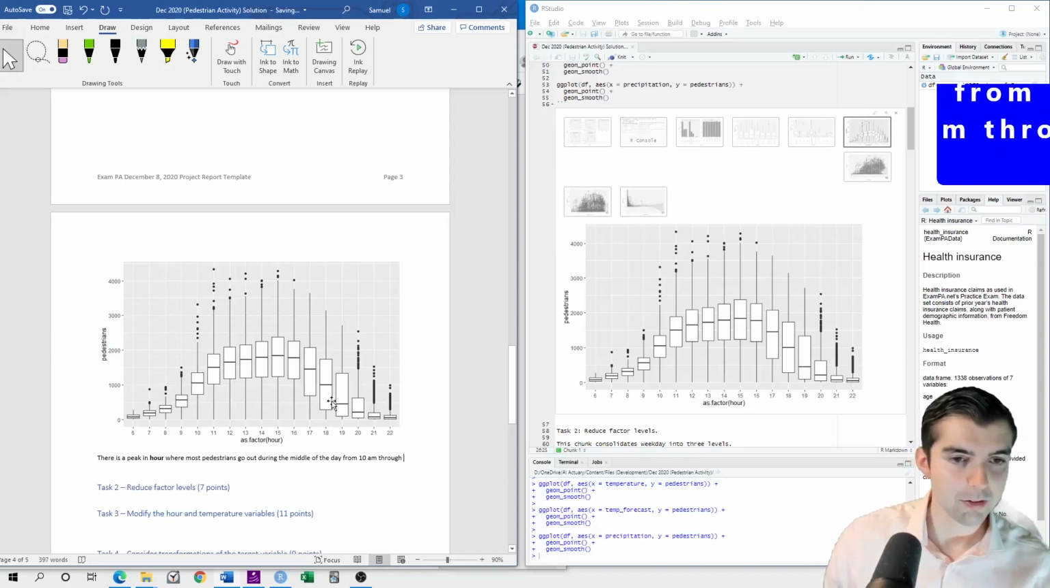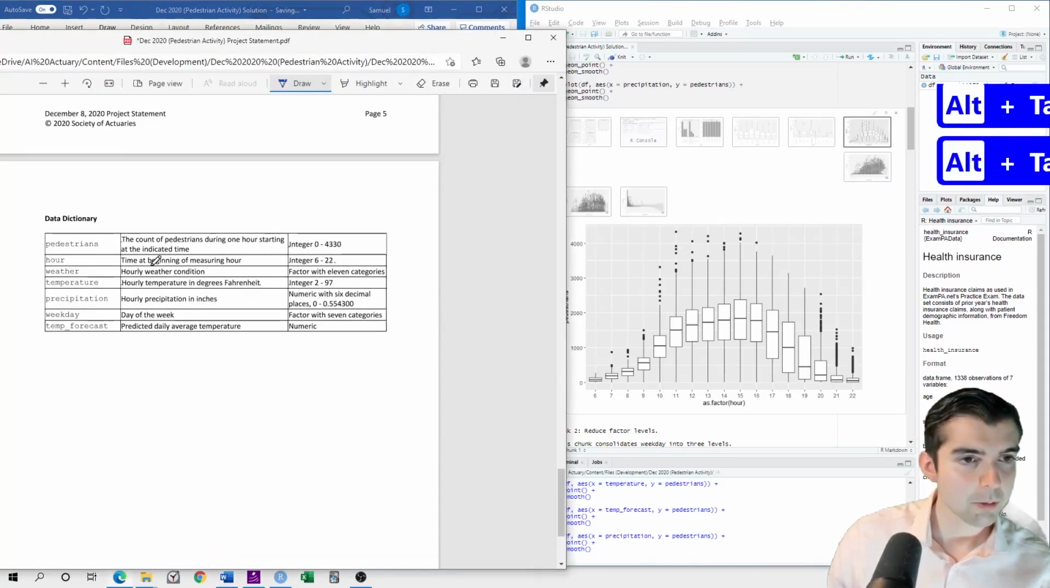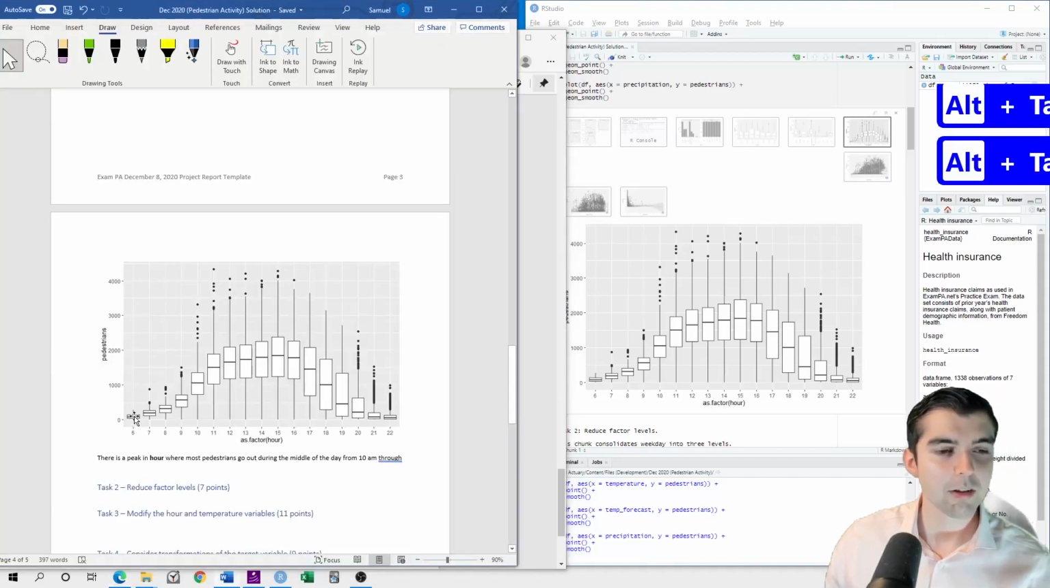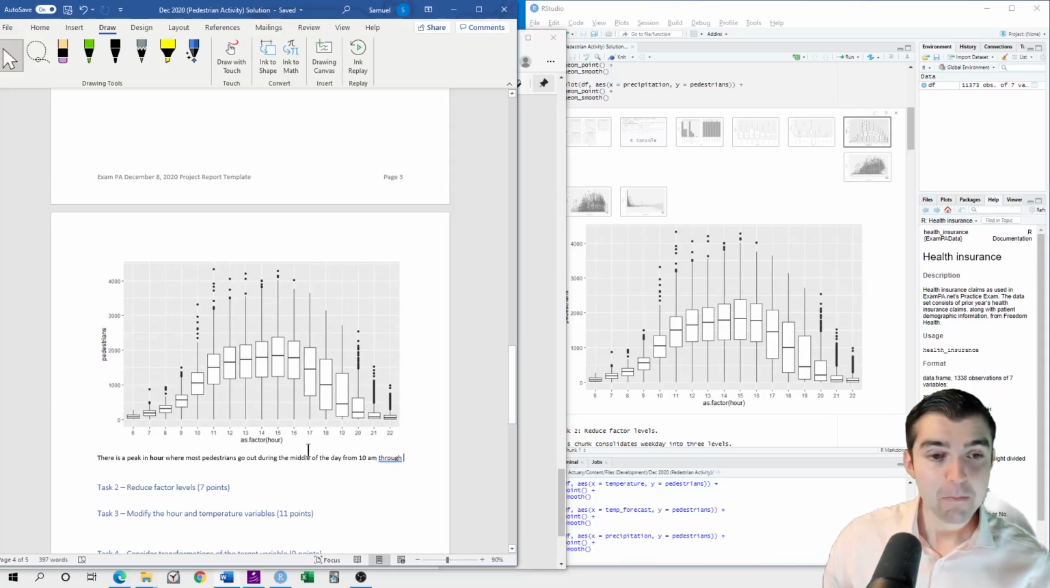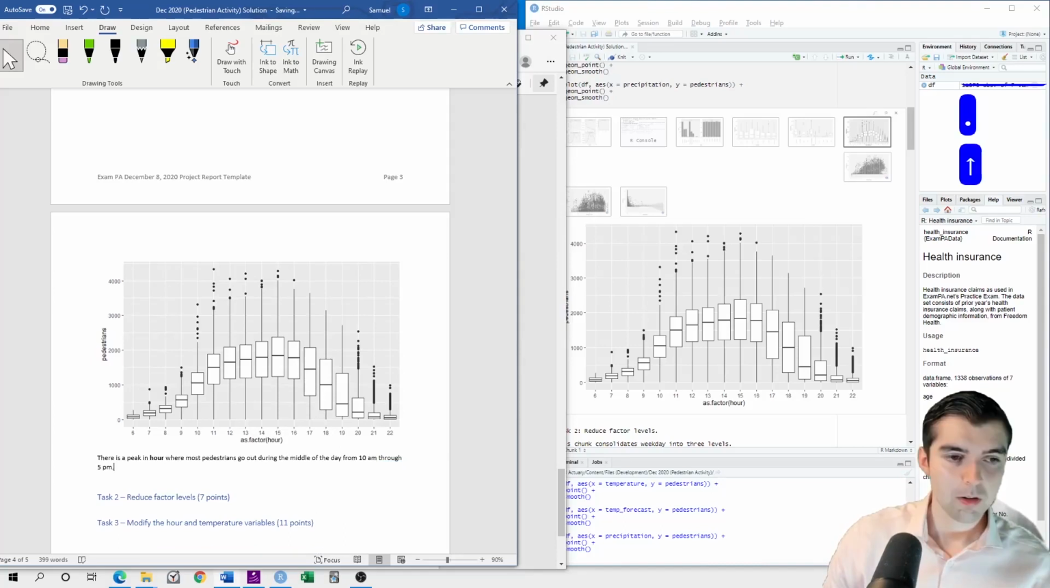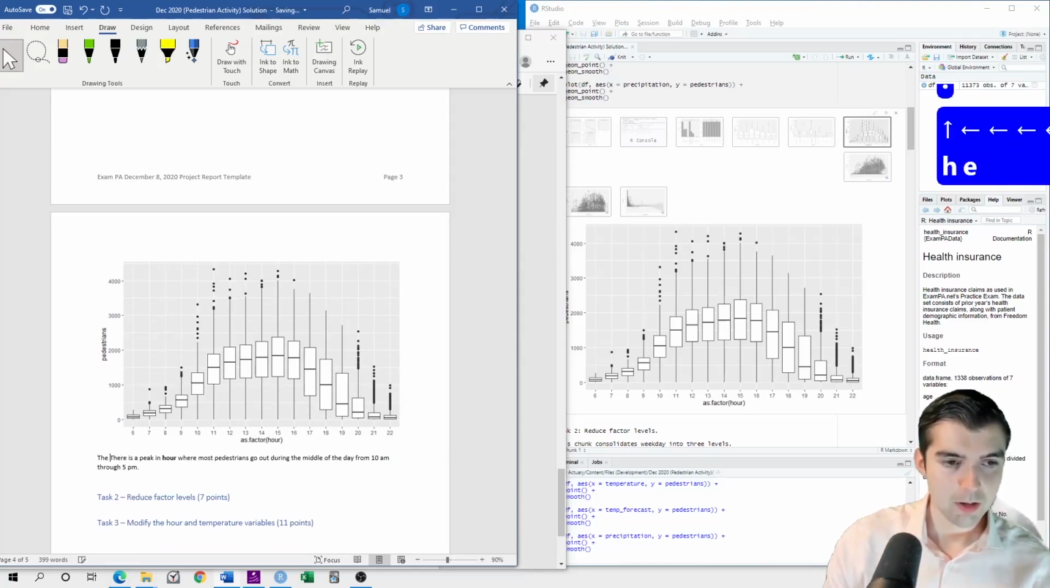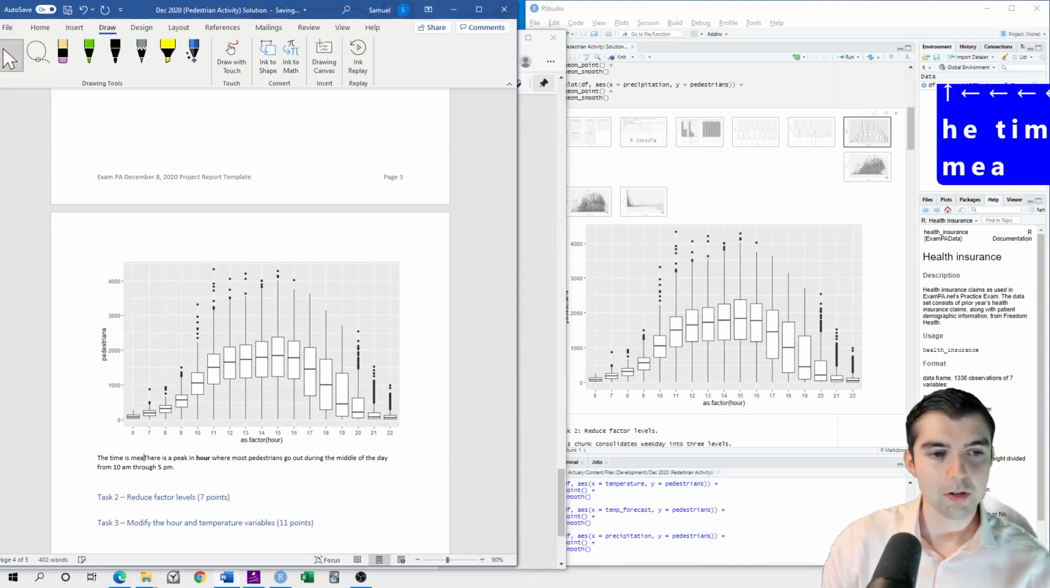Through, what are these values? Hour is the beginning of measuring hour, integer from 6 to 22. So this is 6 a.m. and 22 is 10 p.m. So the middle of the day, so 10 a.m. through 5 p.m. And I would just say the time is measured by hour,